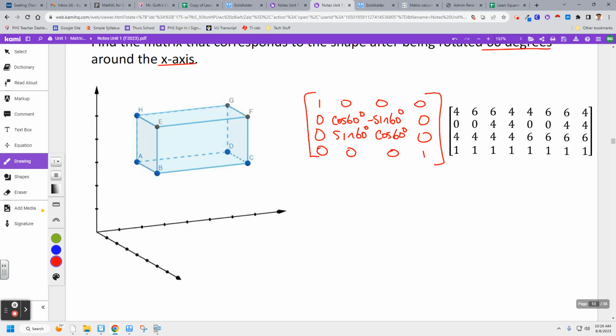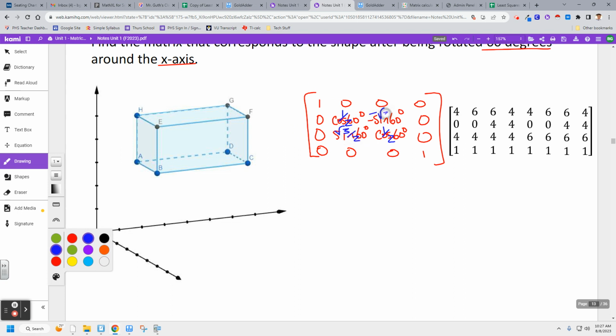Cosine 60 is 1/2. You might remember that from last year. We did that a lot last year. Cosine 60 is 1/2. Sine 60 is square root of 3 over 2. Okay, we've done those kind of problems. I mean, that's not the point of this problem at this point, but if you knew that cosine 60 was 1/2 and sine 60 was square root of 3 over 2,